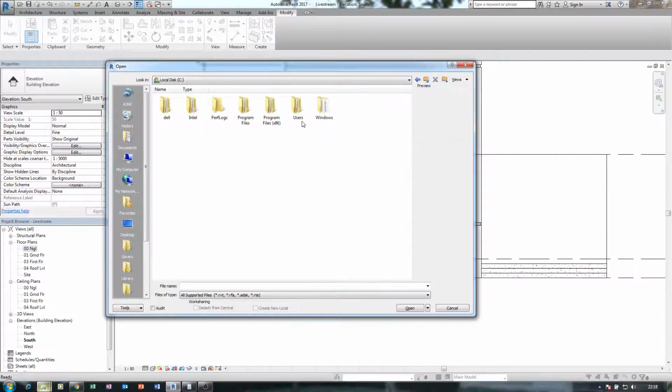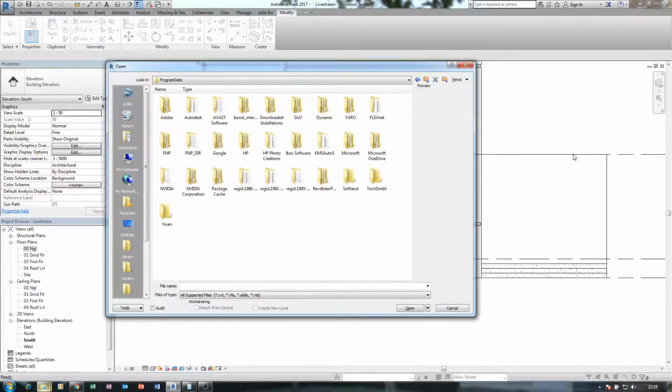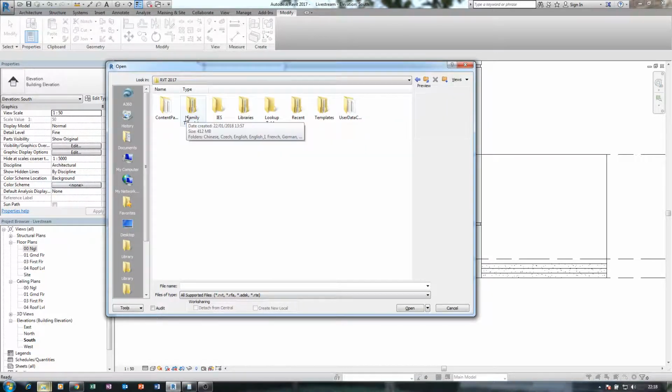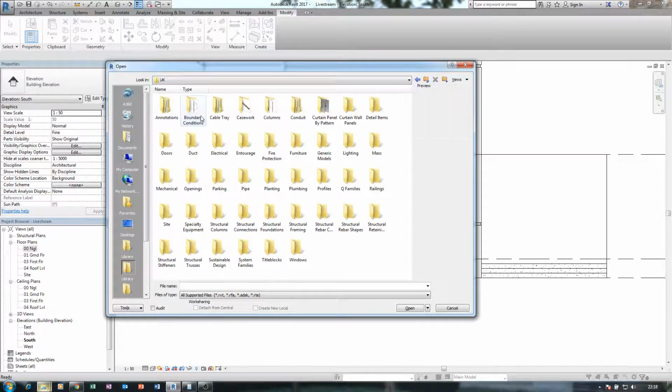So for that, I should see program data now, and inside it you'll see Revit, no Autodesk, then RVT 2017, that's where what I want is. And you should see libraries, I guess, and under the UK, which I'm using,